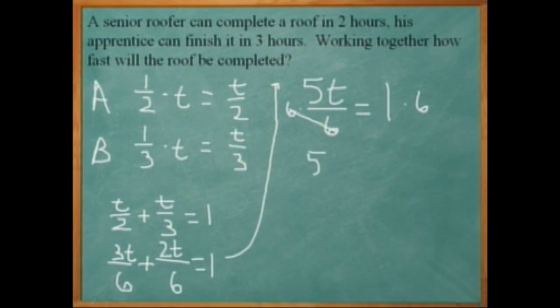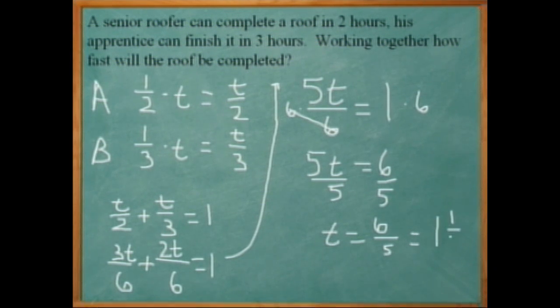That gives me 5t equal to 6. To get t by itself, I divide both sides by 5. So I get t equals 6/5, or 1 1/5. 1/5 of an hour is 12 minutes, so I have 1 hour and 12 minutes. So it takes 1 hour and 12 minutes for these two roofers to work together to complete